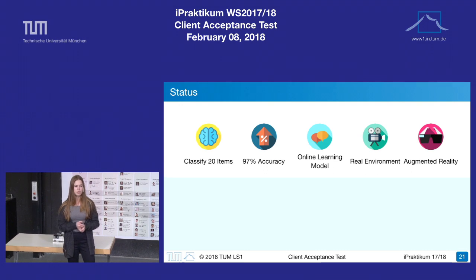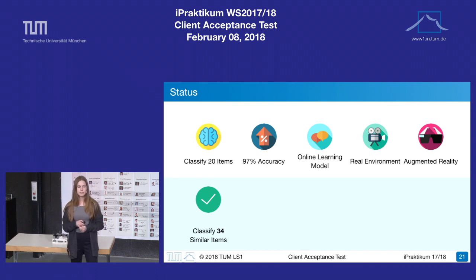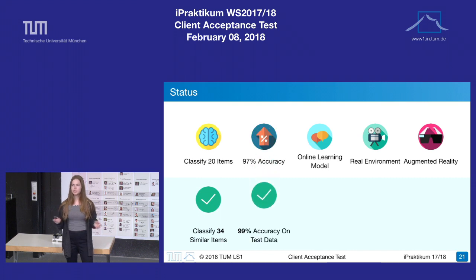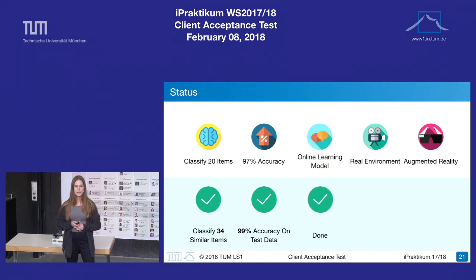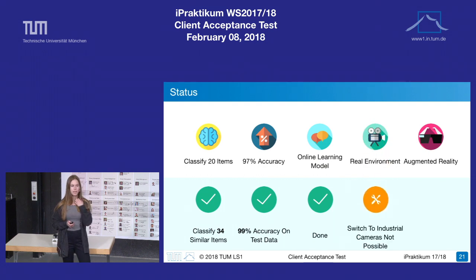So now that you've seen all of our implementation, our goal was to actually classify 20 similar items, but we even achieved to classify 34 similar items. We also wanted to achieve a 97% accuracy, but we even achieved a 99% accuracy on our test data. As you've seen, we also implemented our online learning model, but we were not entirely able to embed our system into the real environment